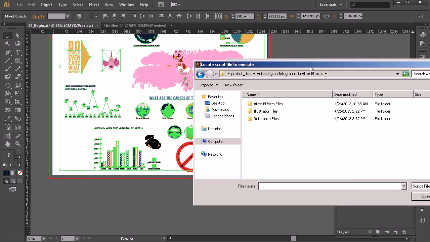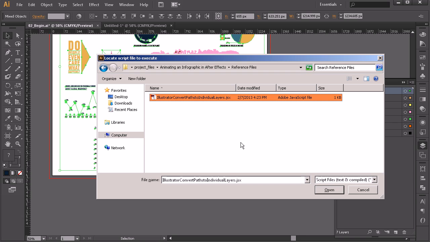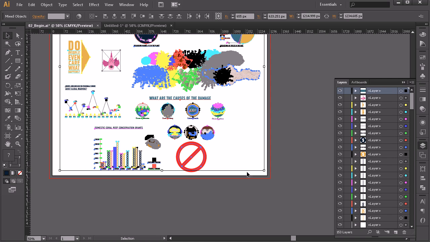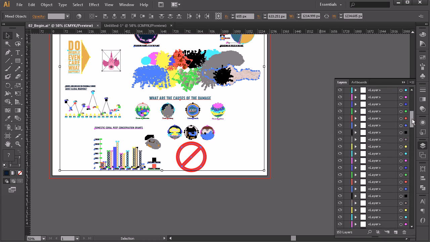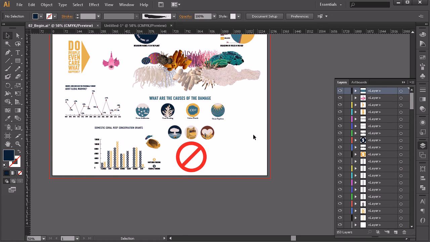And I'm just going to pull this over here for you. So we're in our project files folder. Go into your reference files and you have a script in here. So go ahead and click that script, the Illustrator Convert Paths to Individual Layers. Go ahead and open that up and you can see, bam, instantly all of those were put onto their own layers, and you can see that now we literally have hundreds of layers that we're going to be working with